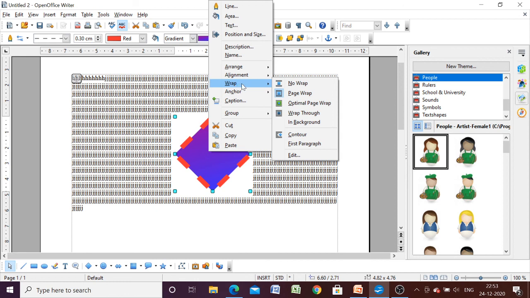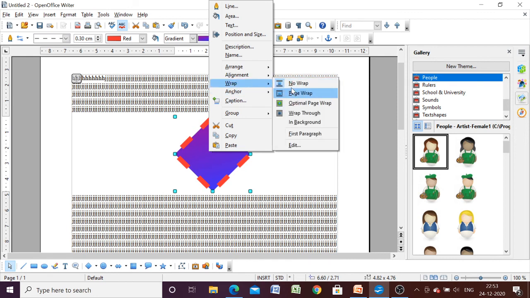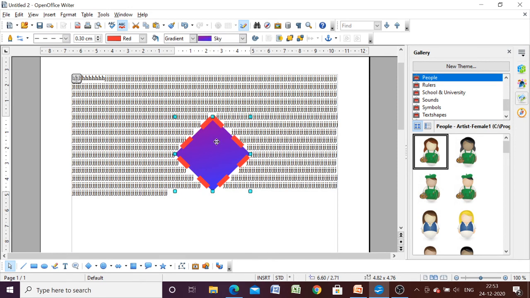Now if you select no wrap, then the lines of text will be either at the top of the image or at the bottom of the image. You can see the changes. If I select no wrap, now here you can see that text is either at the top of the image or at the bottom of the image. Okay, and if we select page wrap, now this is the page wrap.